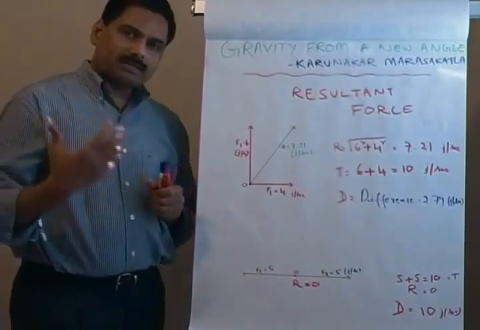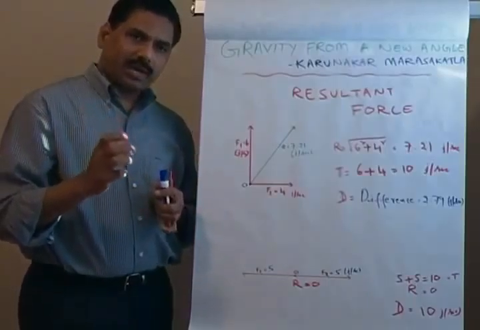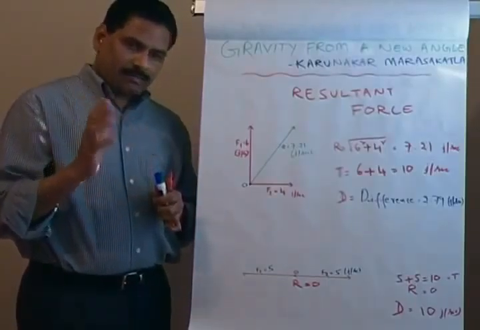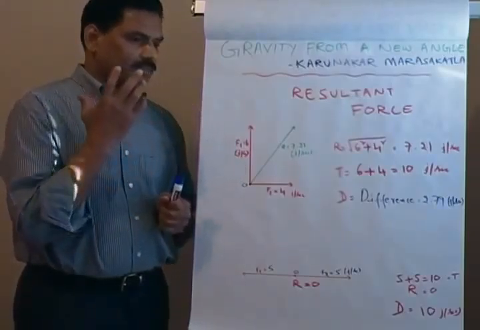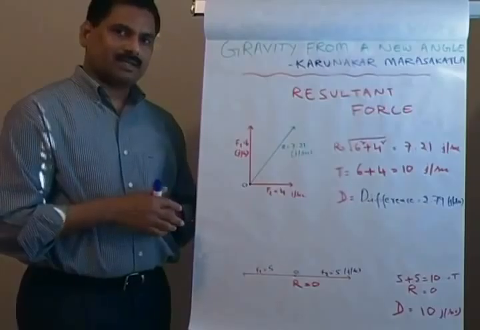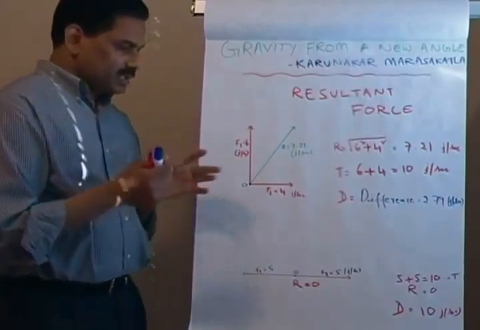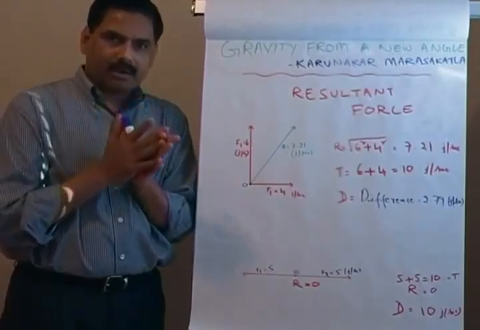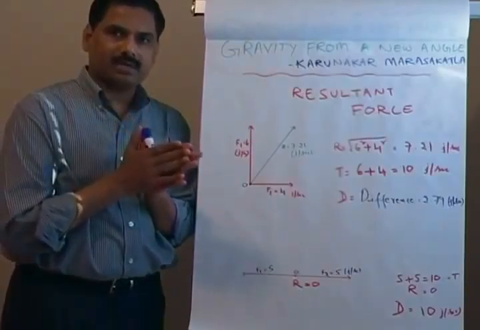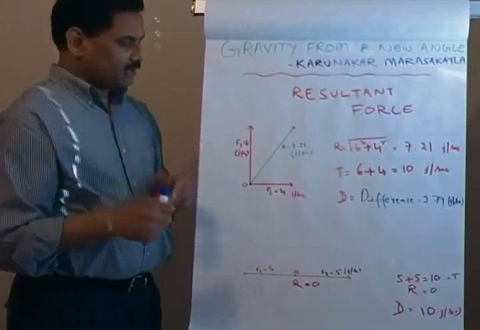When we replace force with the actual true entity, power, a clear picture of what exactly is happening in the system will emerge. So this is why I call force one of the basic fundamental mistakes we are making in physics. So that covers